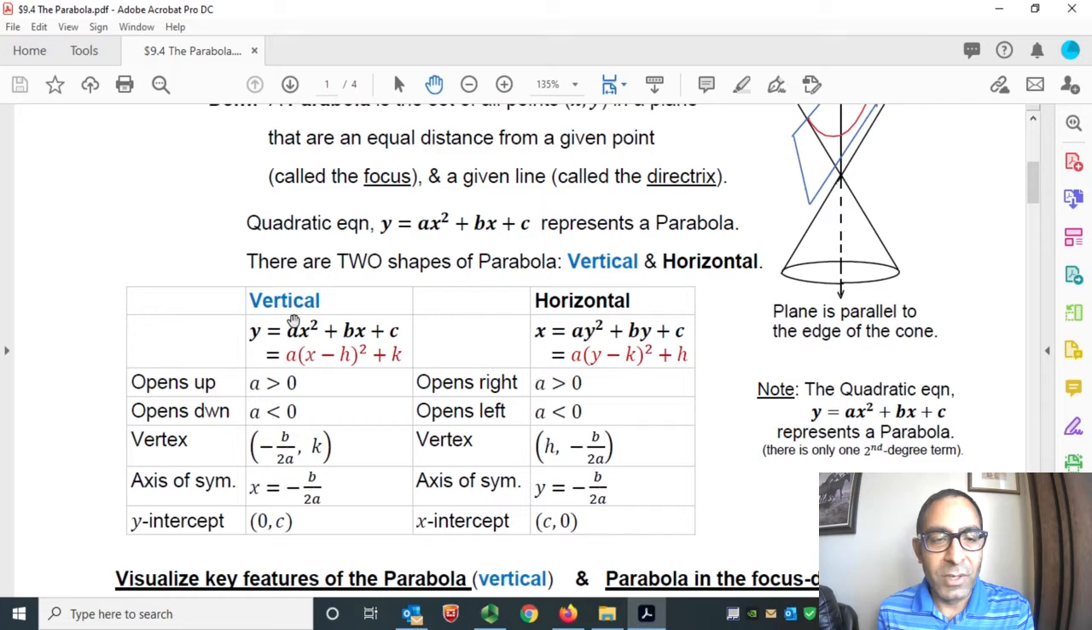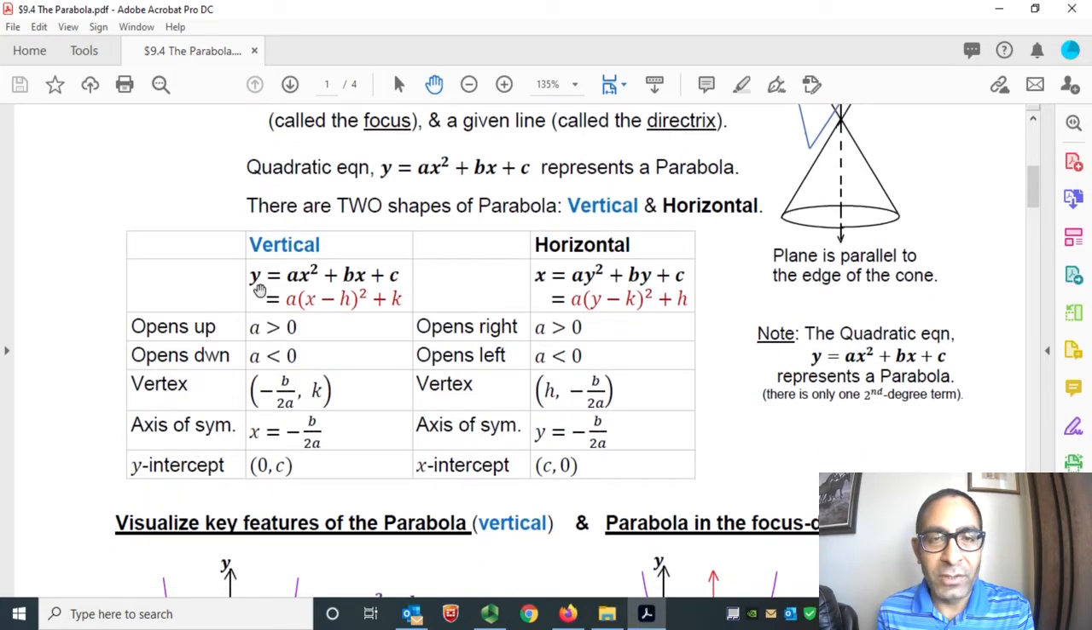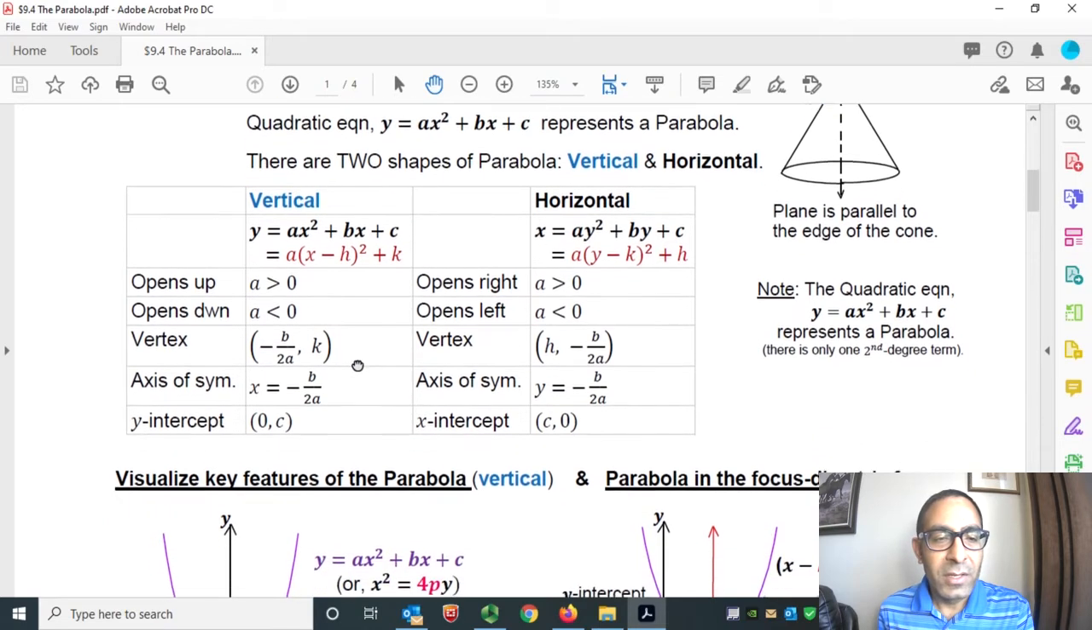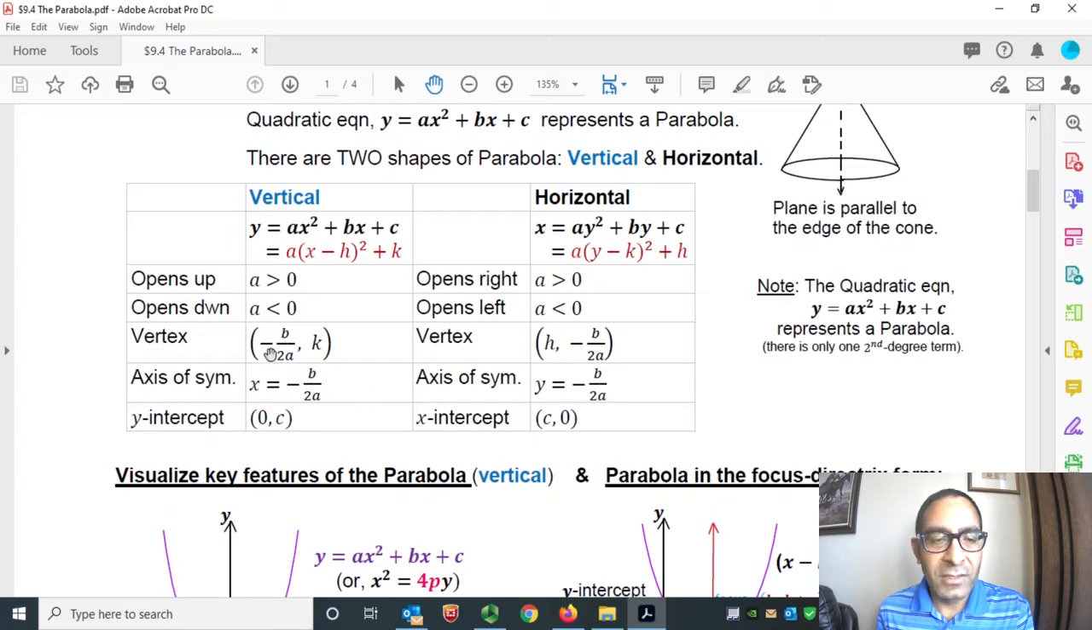First, the vertical parabolas. The equation of a vertical parabola is y equals ax squared plus bx plus c, and after the completing the square technique, we can rewrite this quadratic equation as y equals a times (x minus h) squared plus k. This vertical parabola opens up if the coefficient a is positive, or opens down if a is negative. The vertex of the vertical parabola is at the point negative b over 2a, comma k. The axis of symmetry is x equals negative b over 2a,